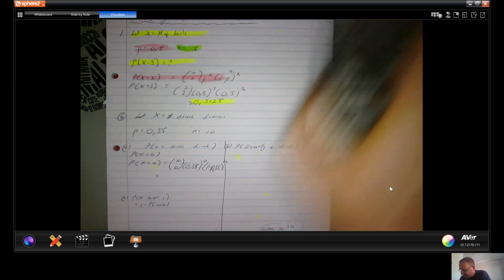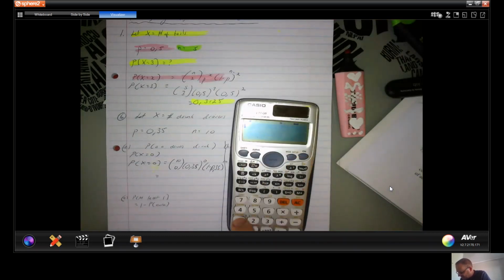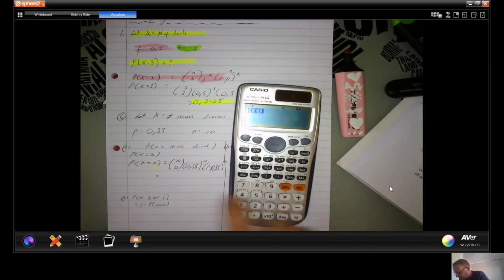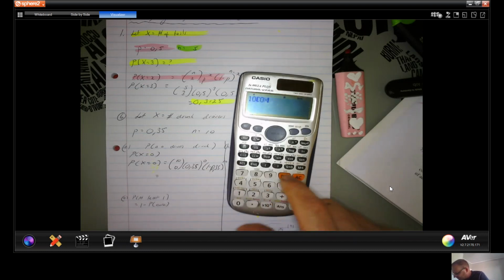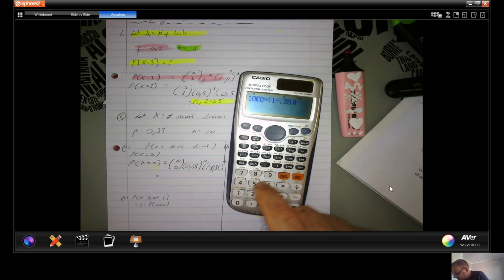If you log that into your calculator, you get 10C0, times, well, that's 1, that's also 1, by the way. So it's going to be times 1 minus 0.35 to the 10,